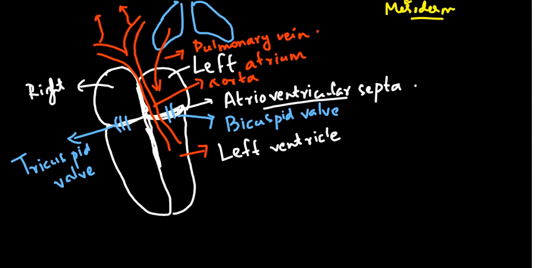This aorta has valves inside, and these valves present inside the aorta are called semilunar valves. Semilunar valves also prevent backflow of blood towards the ventricle. So once the blood gets inside the aorta, immediately the semilunar valves will close so that the blood will